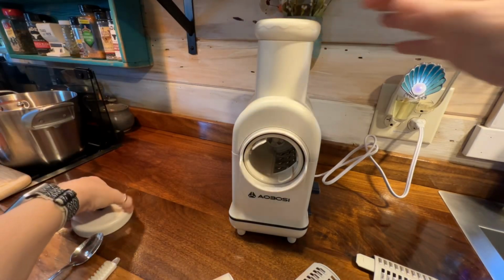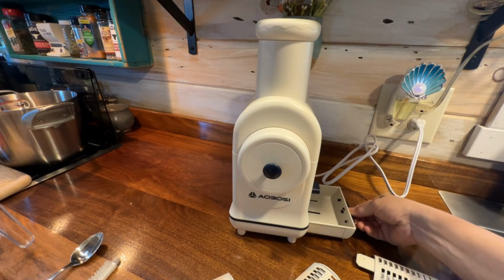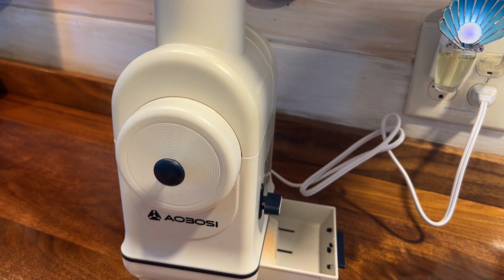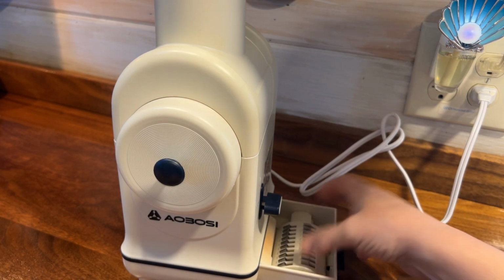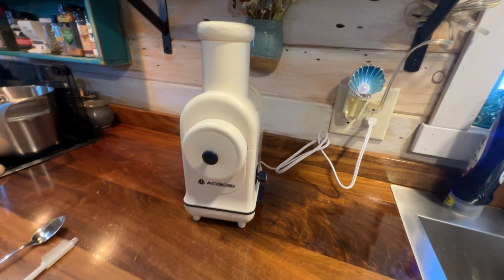It's very easy using this little shredder, and cleanup is very easy using the little cleaning brush that comes with this unit, and everything stores nicely. Make it easy to keep up with all your parts and tuck it away till you get ready to use